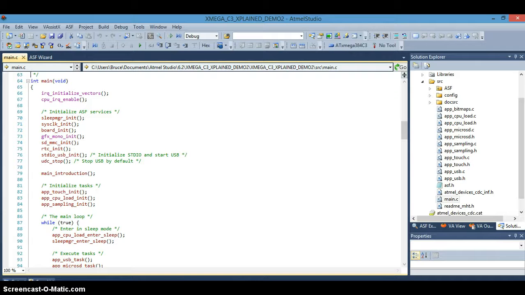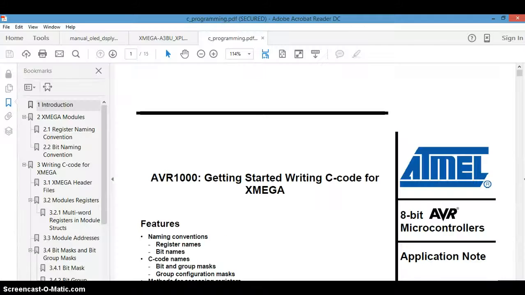One of the best sources for understanding the C language and how they're writing it here in these Atmel demos was this PDF, AVR1000: Getting Started Writing C Code for the XMEGA. This is an excellent document, the best I've found so far. It's not very long and doesn't go into a ton of detail, but it does a